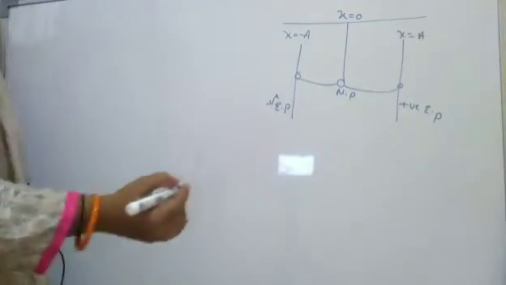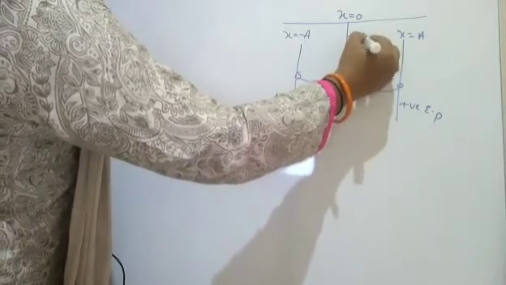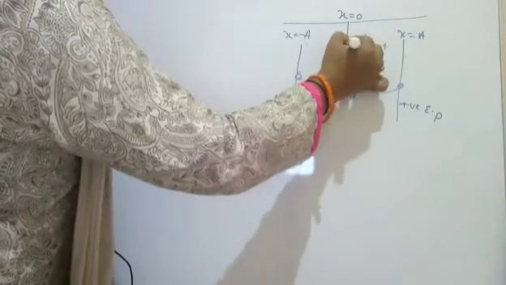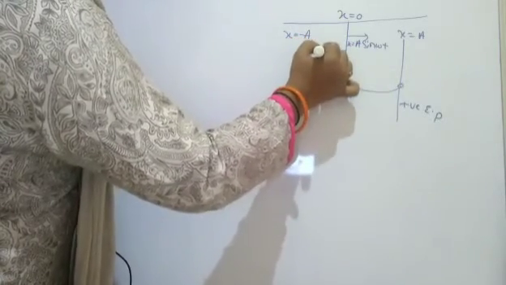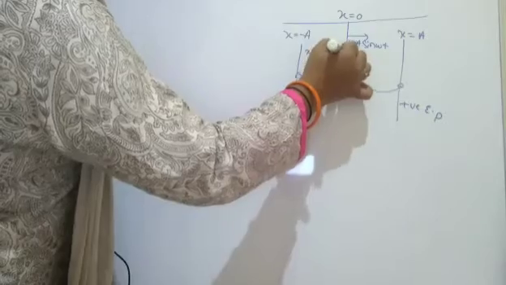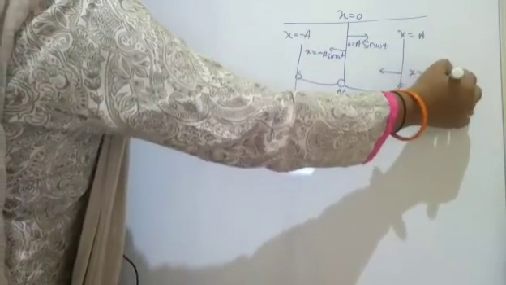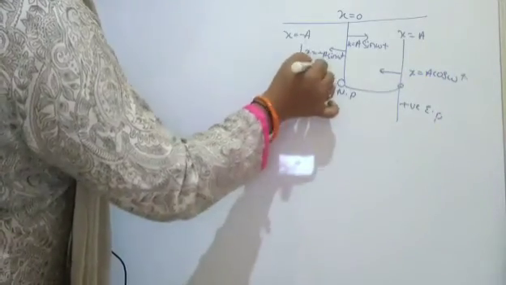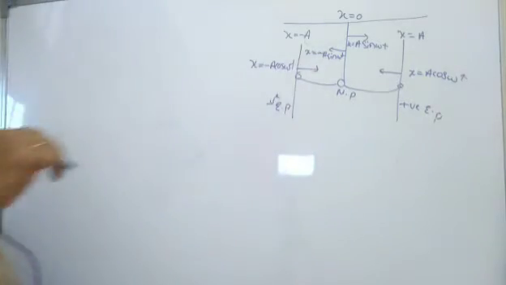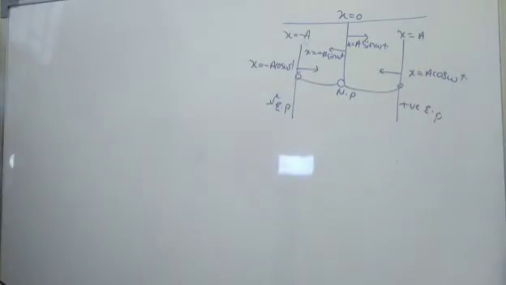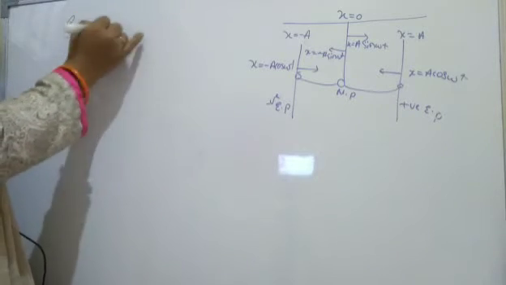a here. Now we have understood that from here it is moving as a sine omega t, right? So from here, it is moving means x is equal to minus a sine omega t. From here it is moving x is equal to a cos omega t. From here it is moving x is equal to minus a cos omega t. This is the equation of a particle, right? So in graphs, these are very important.